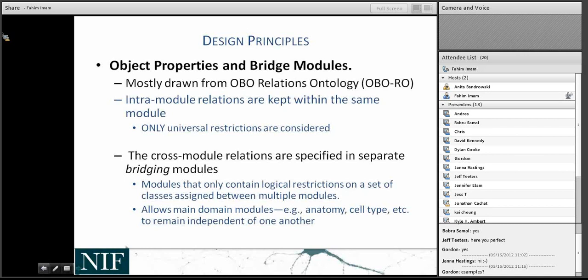Another one of the design principles is that we use the relations ontology for the standard of properties as biomedical communities use it. And other object properties in NIF standard are mostly derived from them. The way we have our object properties asserted, there are 2 kinds of relations. One that are within the same module, that means the intramodule relations, and the other one is about the